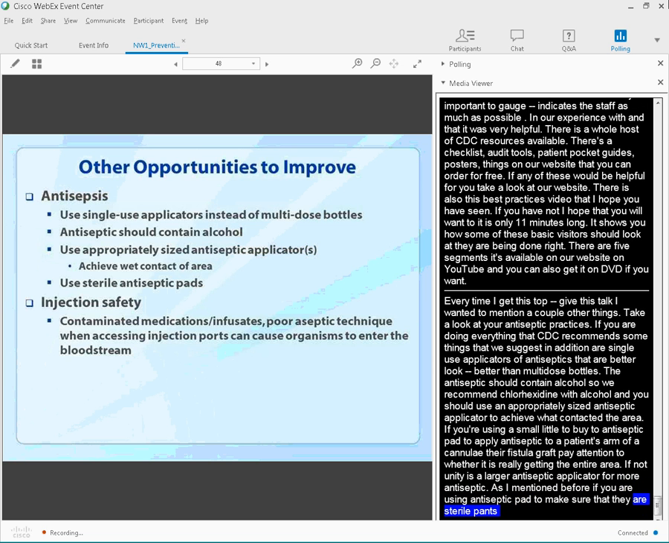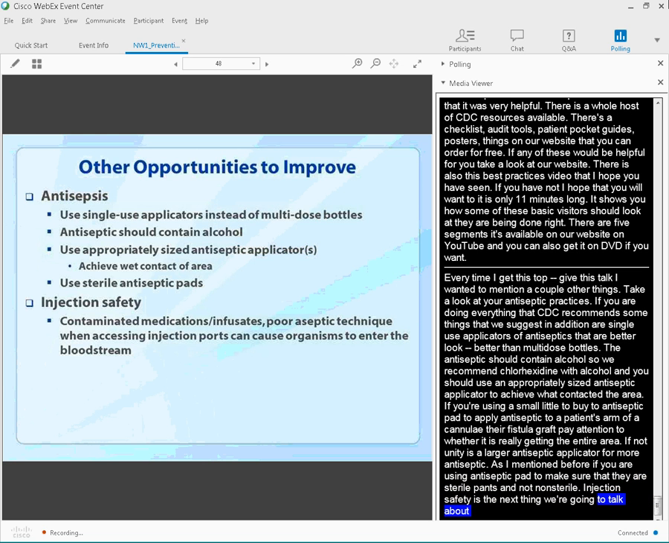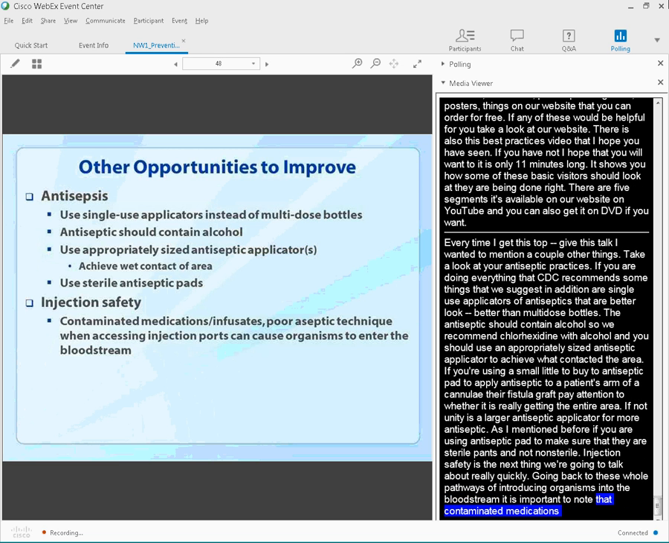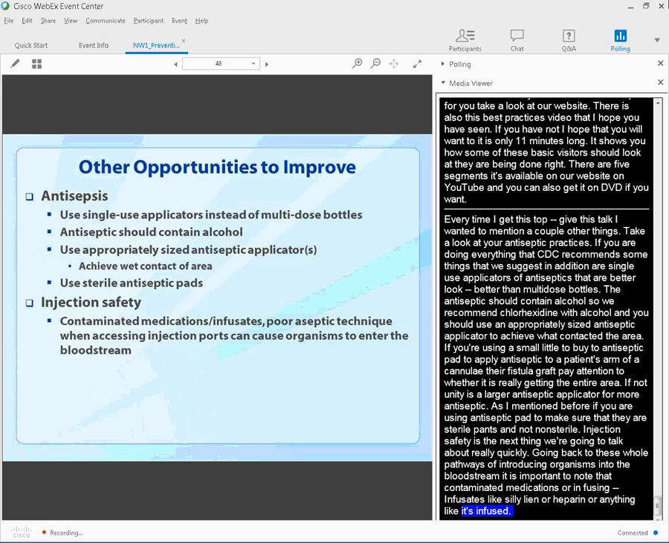So going back to these whole pathways of introducing organisms into the bloodstream, it's important to note that contaminated medications or infusate matter. So now we're talking about injectable medications, saline, heparin, anything else that gets infused through the dialysis circuit, for example. Poor aseptic technique when accessing those injection ports or contamination of those medications or infusates can cause organisms to enter the bloodstream. And this is true whether we're talking about a catheterized patient or a patient with a fistula graft,